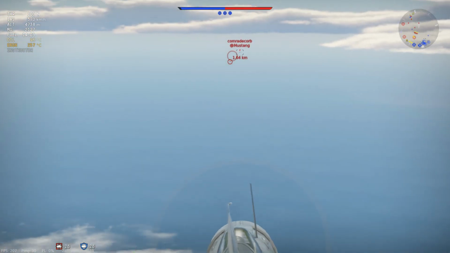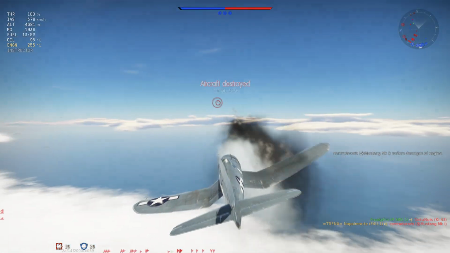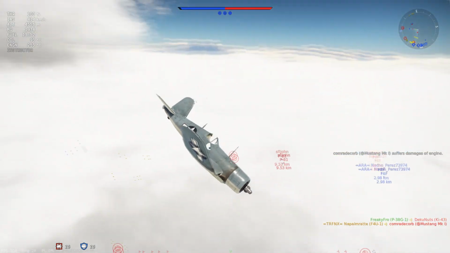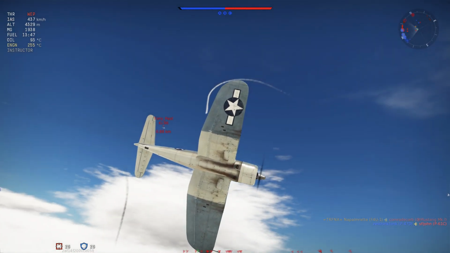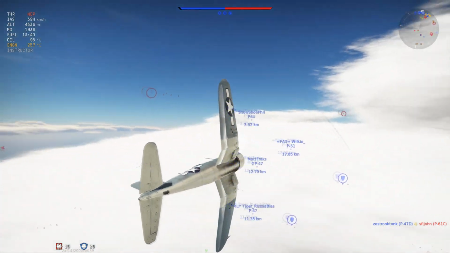Now let's just have a look at this head-on. I go to the right, throw off his aim, go back, and kill him. You should not always do it, but this is a way when I feel a little bit cocky, when I feel like taking my chances. So that's my second kill, and an F6F is coming for me,